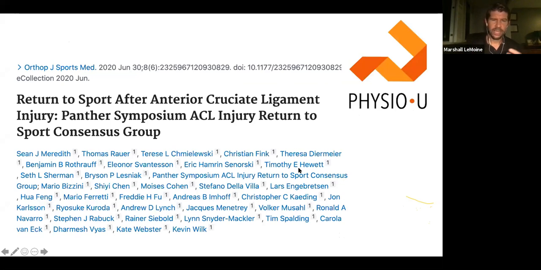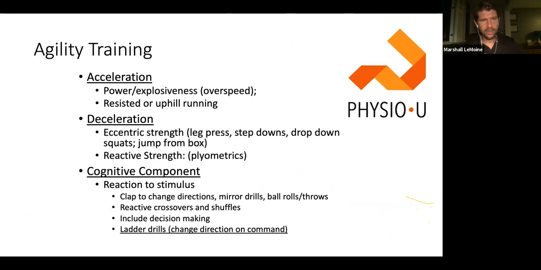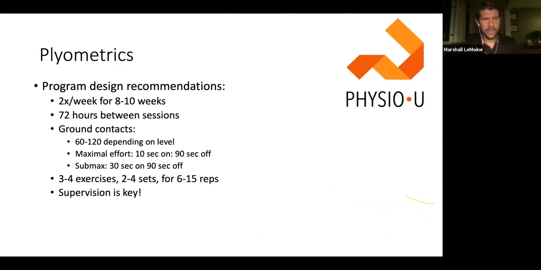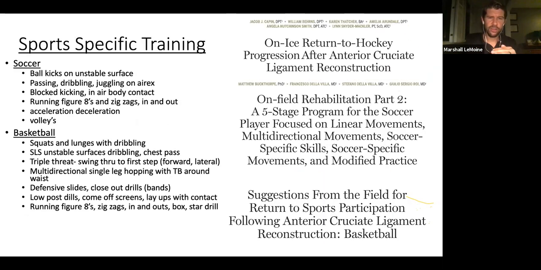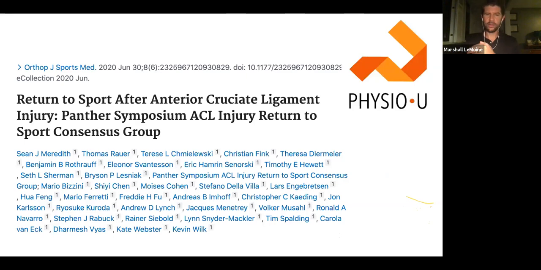And they pretty much came up with the idea that people are returning too soon, people are not returning with the amount of quality of tests that they should, and people are re-tearing too often. It's like, okay, you kind of summed up what we know. But then the nice thing they said is, if people pass these functional tests, so all those agility tests I talked about, all of your hop tests, it corresponds well to a lower risk. And again, I say lower because there is no such thing as no risk,